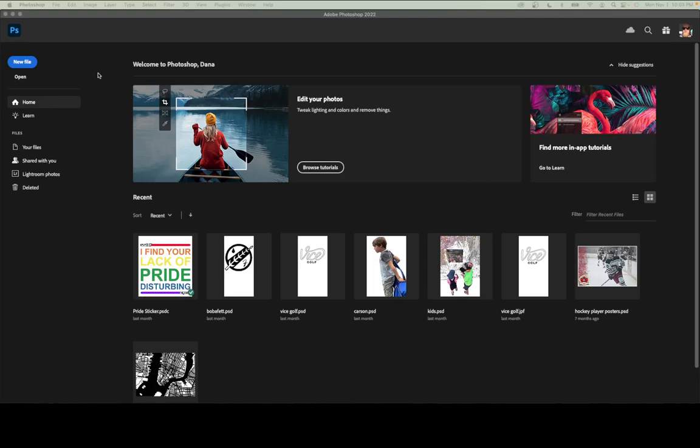Alright, ladies and gentlemen, this video is to show you how to make a simple design combining images and shapes together for use with the laser engraver. So to begin with, I'm in Adobe Photoshop, and what I'm looking to do here is to prepare my design